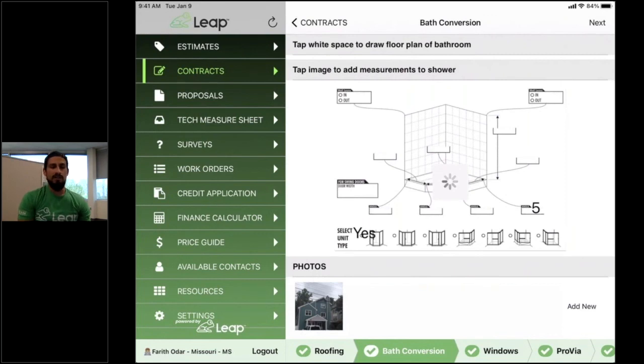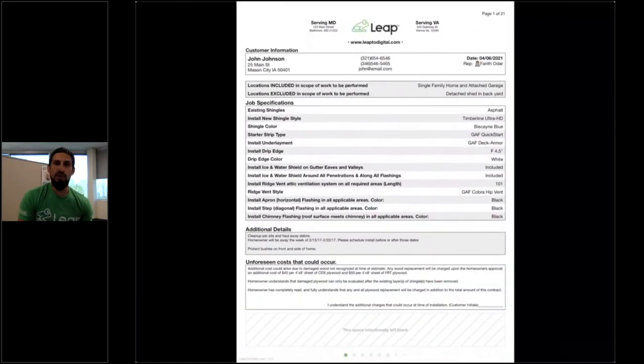What a contract looks like. You know what clean contracts should look like. If I'm a customer and I get this as a contract, I feel confident with what I bought. Not to mention that if there's any questions, the answer is right in front of me. I know exactly what it is. I can understand it. I don't have to try to navigate through the entire paper to figure out what